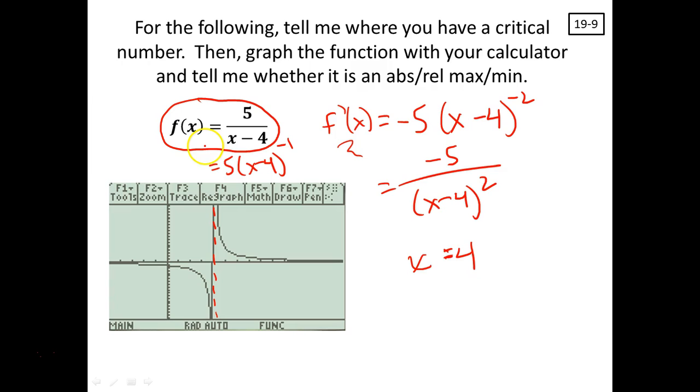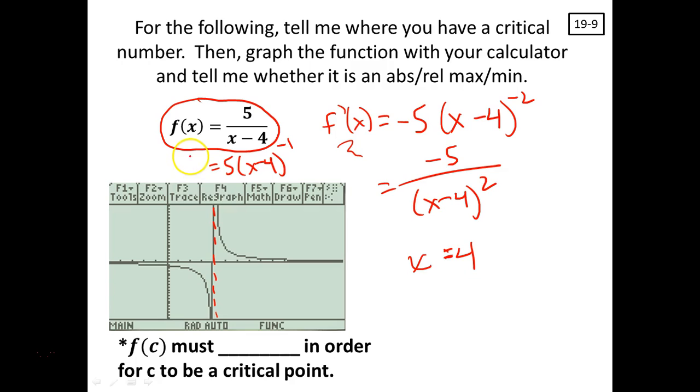So x equals 4 is not a critical number. Therefore, for sure, you do not have an absolute max or min there because the function doesn't exist there. So keep in mind that f of c must exist in order for it to be a critical point,